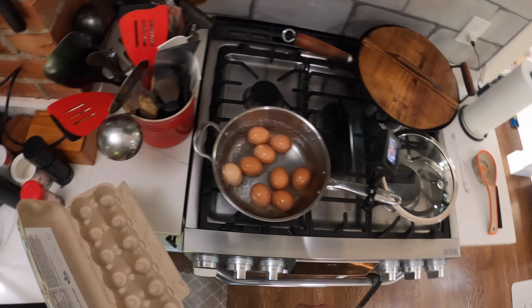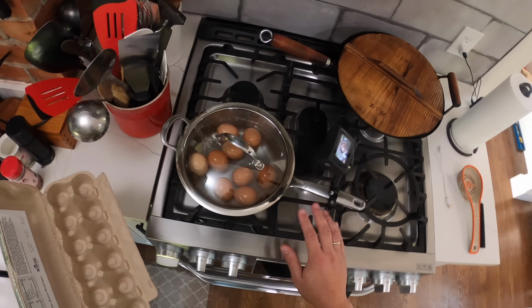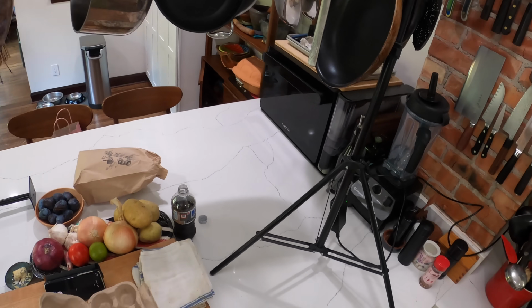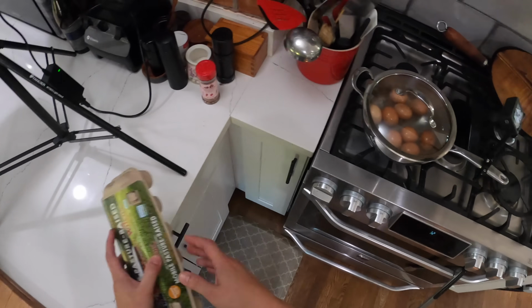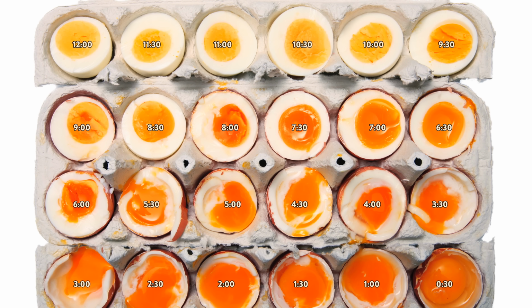But I'm gonna do one row of eggs here, get it in there, keep it at a boil, cover it up, and now I'm just gonna set a timer. Hey Siri, set a timer for 9 minutes. 9 minutes, starting now. All right, so 9 minutes will give you a nice hard-boiled egg where the yolk